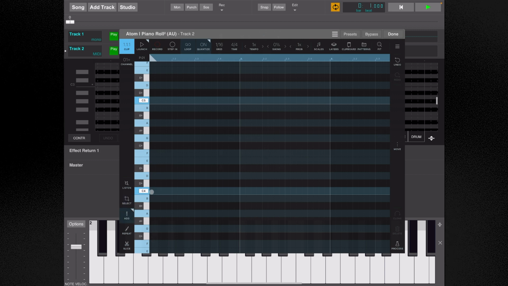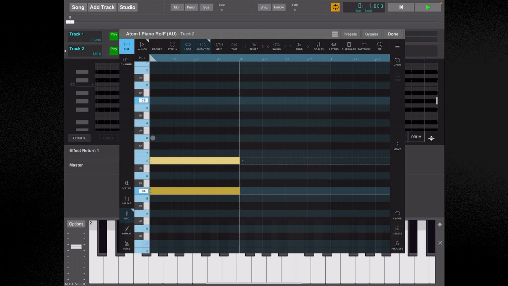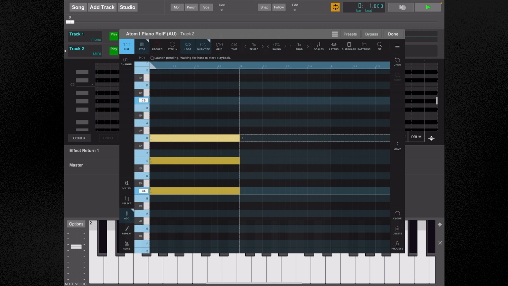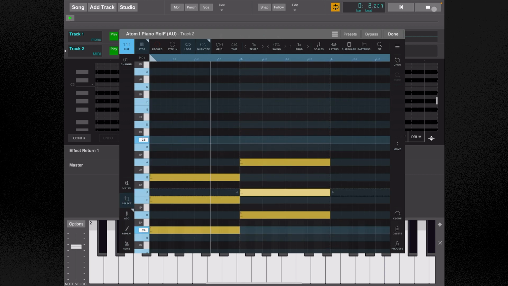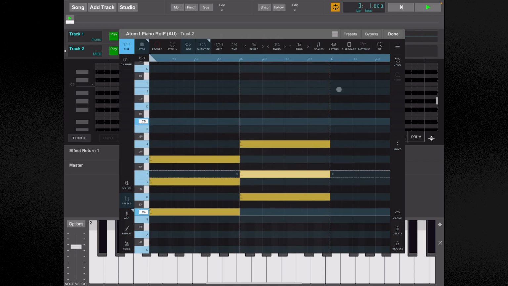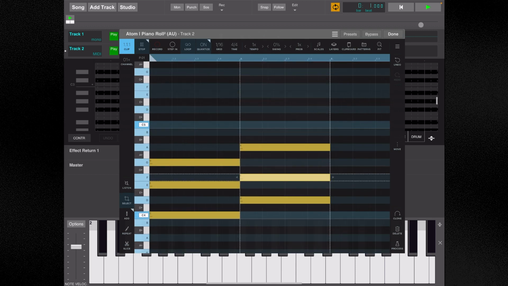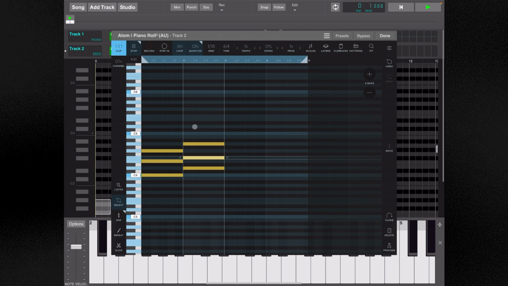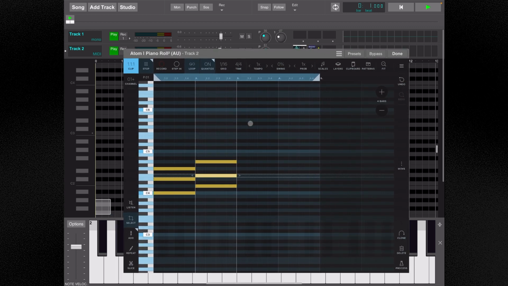But let's go ahead and do a C major here. And we'll go ahead and turn the launch on, and we'll play that back. Okay, so you see that there's a little bit of latency here. I notice a little lag on the actual playback, but it comes out pretty cool. Now we've got our MIDI here starting on 1. And what I like to do, because this app has no pre-count, which is kind of weird, I know,